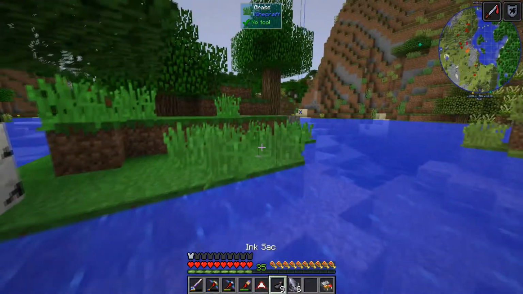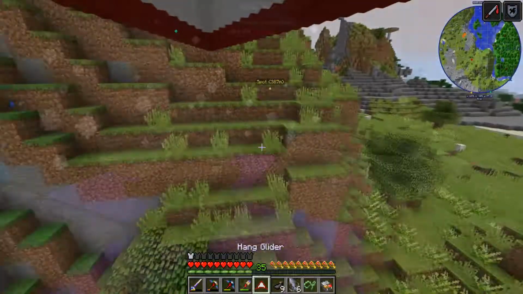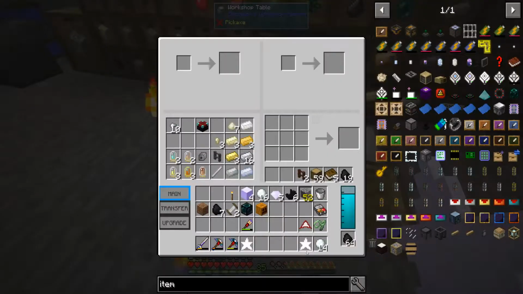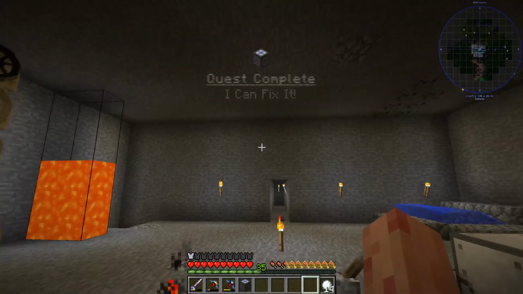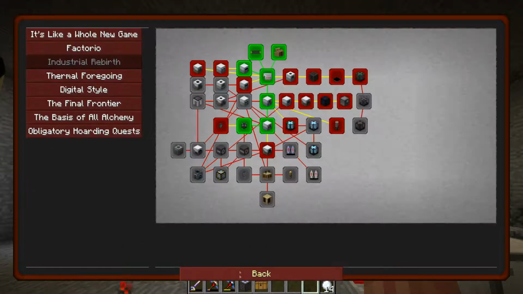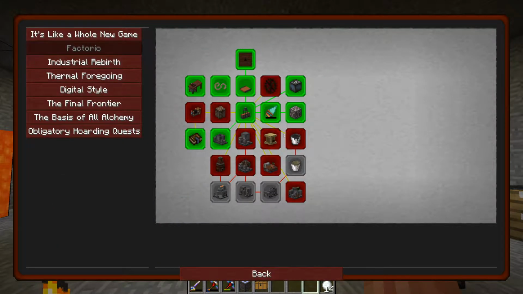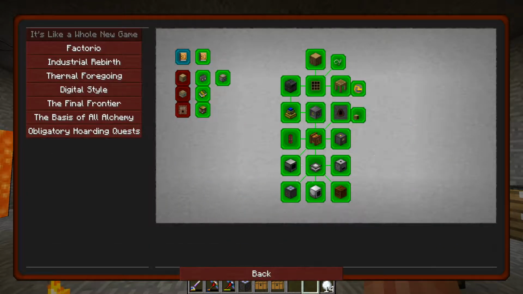Alright. Ink. Easy. Okay. Got it now. There. Not a pumpkin. There. Item repairer. That's a quest complete. I can fix it. Also, I apparently completed this one, so let's get that too. Claim all the food from our quests, because that's all you get from these. Item repairer. Hey! We're almost done with the entire...